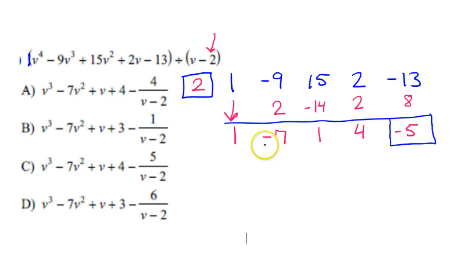Alright, now these will be the coefficients of the quotient, or the answer to this division problem. In the box is the remainder. So since these 4 numbers are the coefficients, we need to put the variables back in. I recommend going from right to left, understanding that this number all the way on the end will be the constant, and then this will be the x term, the x squared term, and then the x to the 3rd power term. So if we were to bring these numbers down,